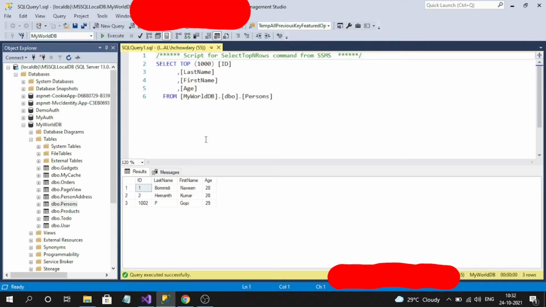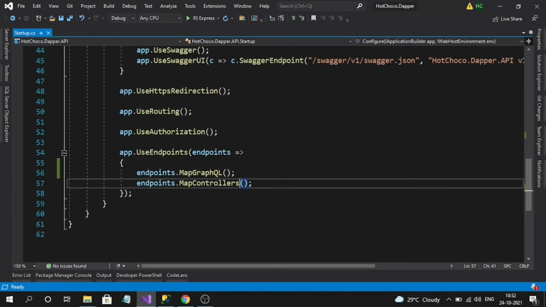So for this demo, I have created a sample table called Person. Okay, it will contain last name, first name, and age. Simple data. Okay, so my main target is I want to consume this table data from the GraphQL endpoint. Okay, so first thing is let's create a response model that represents our table columns.